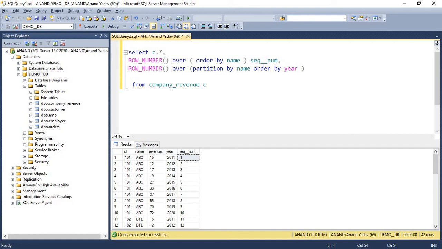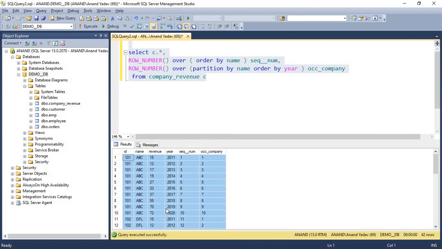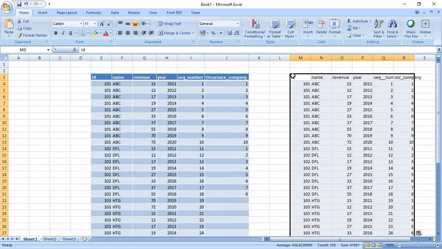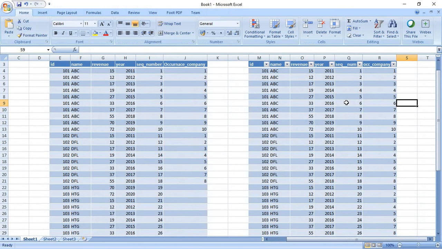So this is my occurrence of company. Let me compare this result with the problem statement that we defined here. You can see our first problem statement, this is the sequence number generated.